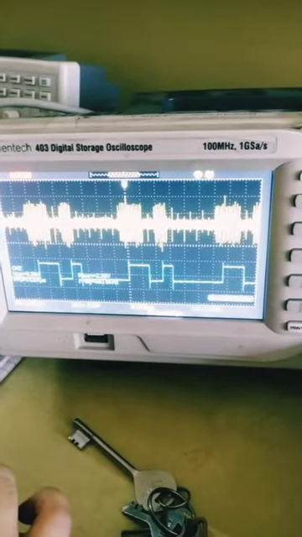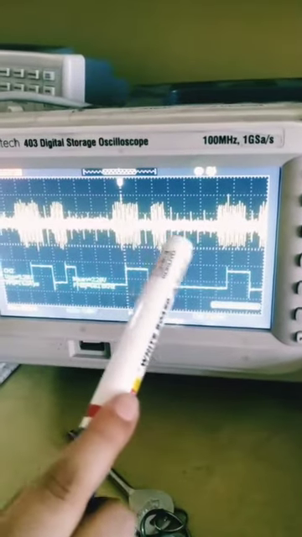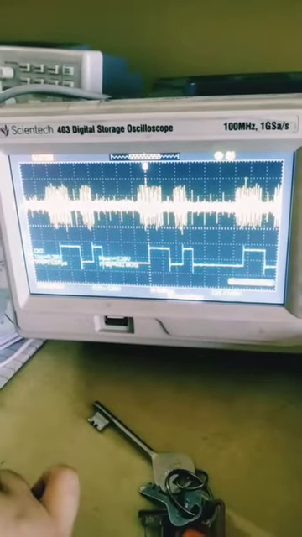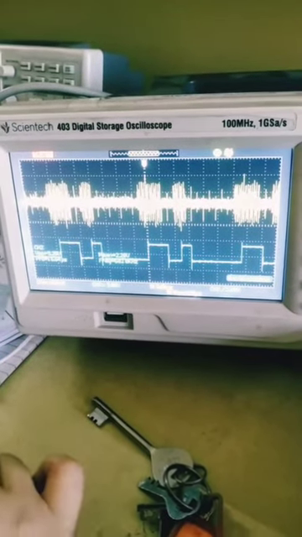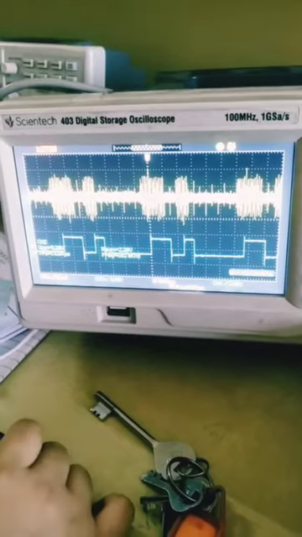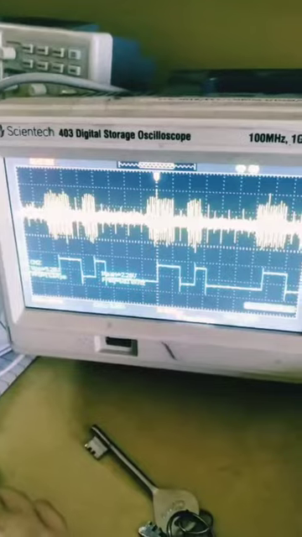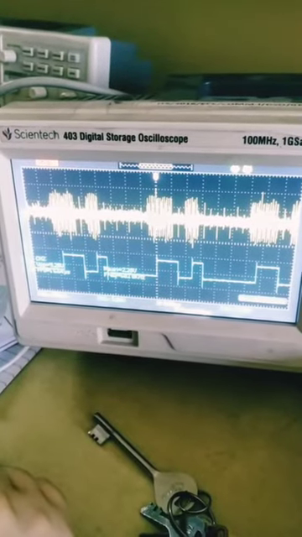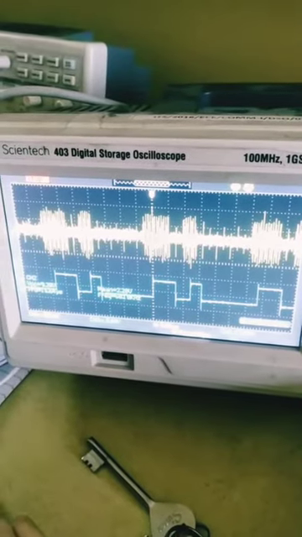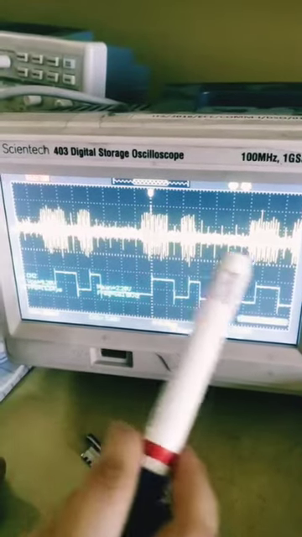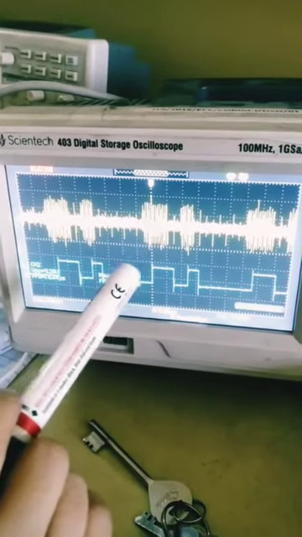Now, we can see from the digital oscilloscope, this is your ASK modulated waveform, and from the demodulator output it can be seen that we can retrieve our NRZ waveform. On the digital oscilloscope, you can see the demodulated output of your ASK waveform. This is your modulated ASK waveform and this is your demodulated output, which is the NRZ data.